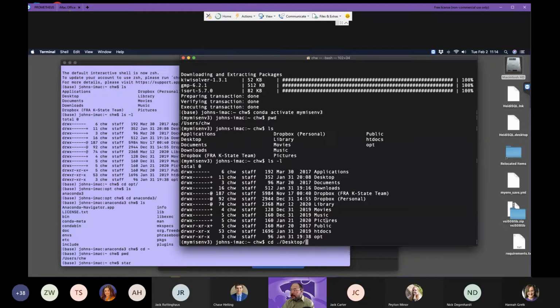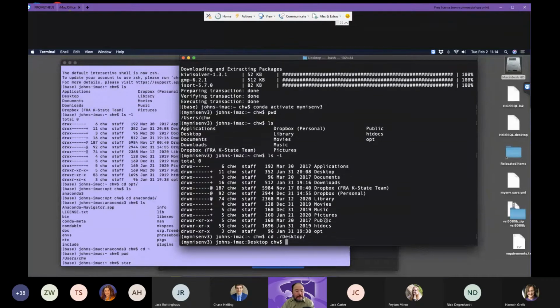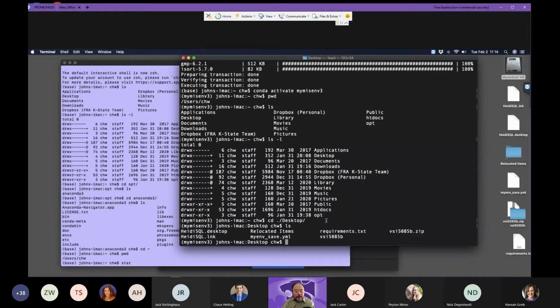And I don't have to type all the way. Just hitting the tab key will automatically complete it for me. And again, I can see what the contents are on the desktop. Actually, I see that there is a requirements.txt file. I know I'm currently in the same directory as the requirements.txt file, so I'm ready to install all the components or libraries